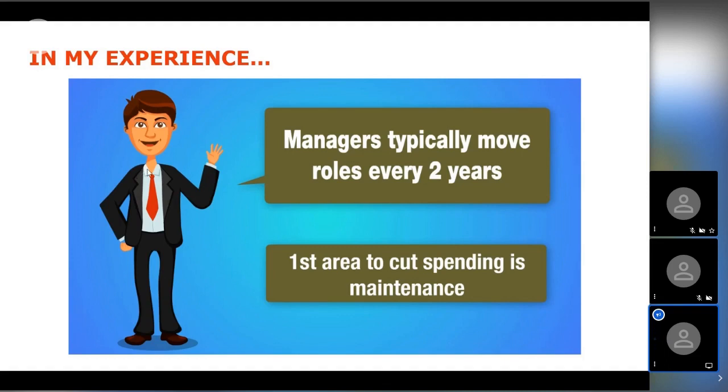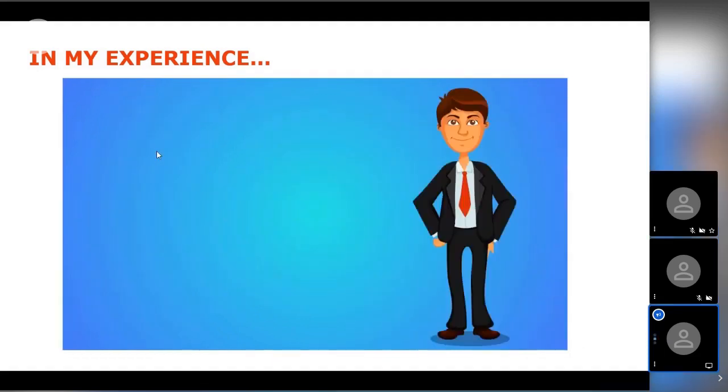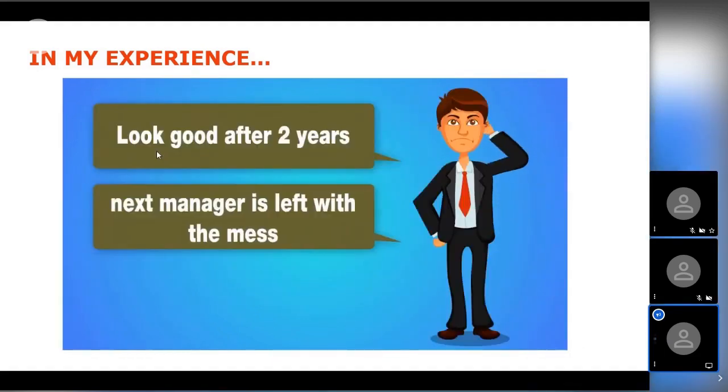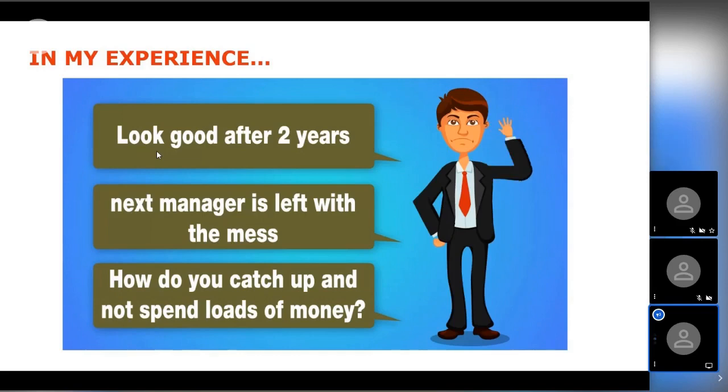After 2 years, they've done an awesome job. They've saved money. Things aren't failing too badly. Production's still up and running. They get promoted. Who gets put into their position? Probably the supervisor that was below them. Now what happens? Things start to fail. Things start to get worse and worse. Things start to break down. Costs are increasing. Stresses are rising. We're back into this reactive cycle.